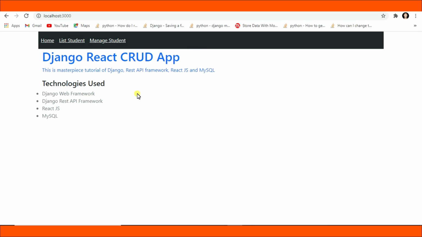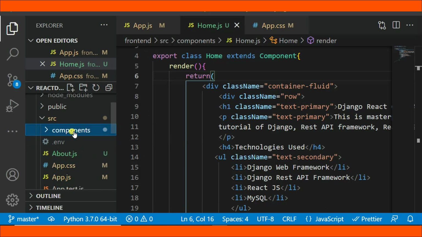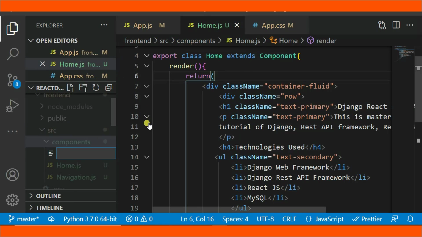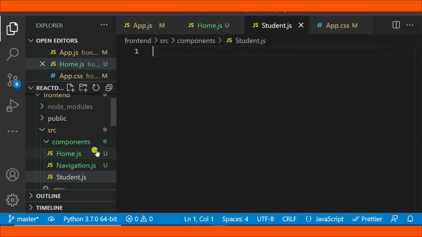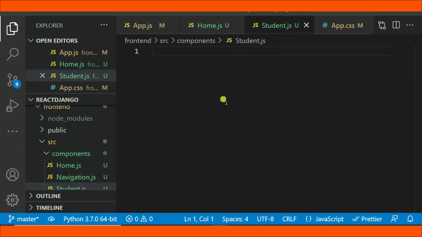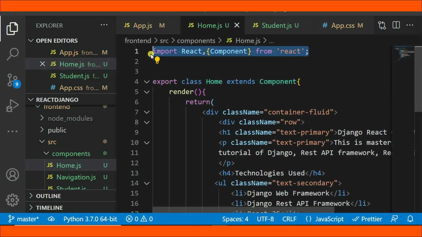So let's go on and let's create another component named student. So I'm going to create a new file and I name it student.js. Okay, then after, in student.js, I'll copy this as usual. I'll copy this,